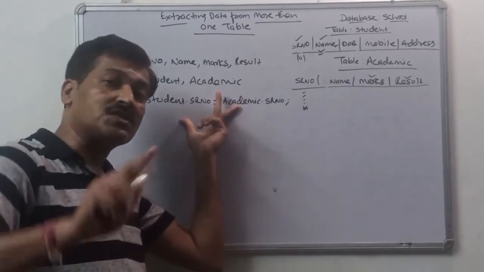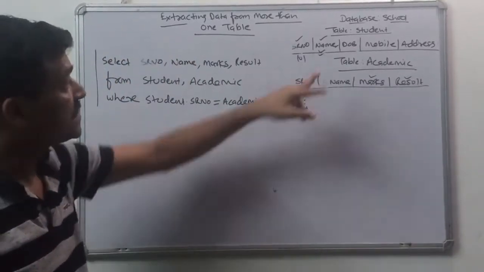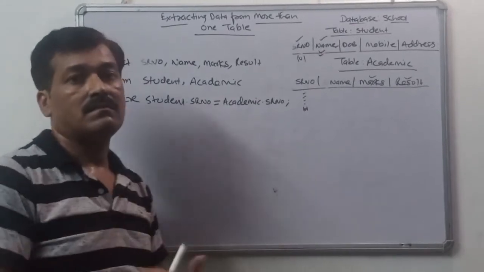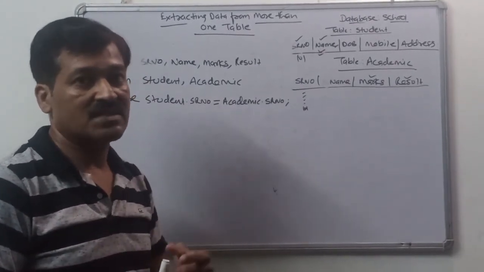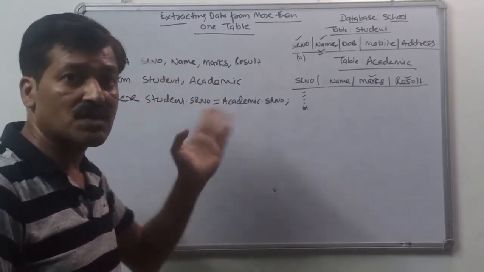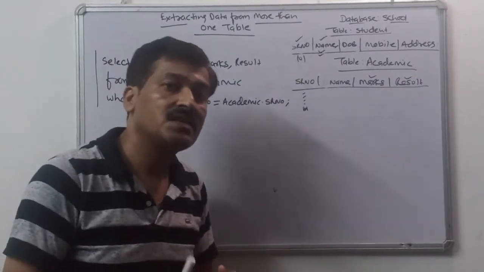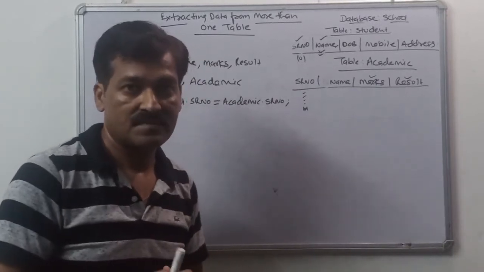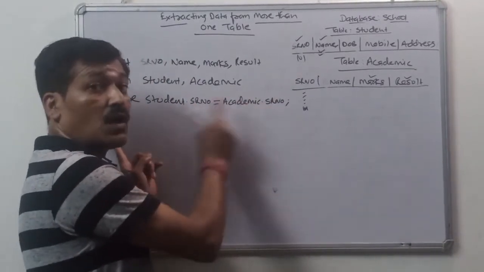Right? Because when both the things are equal, it can be taken from anywhere. But look here, in this case, from which table should the data be taken? If name is given, I have given a single name. But from which table? Either student or academic. So in that case, what we need to give is the table name dot column name, as we have done here. Because the SR number was the same, the column name was the same.